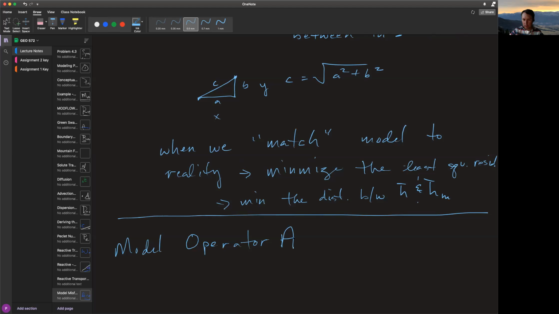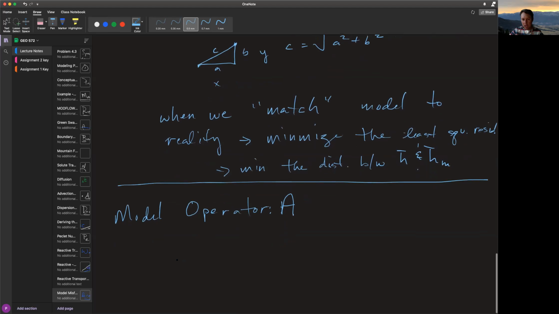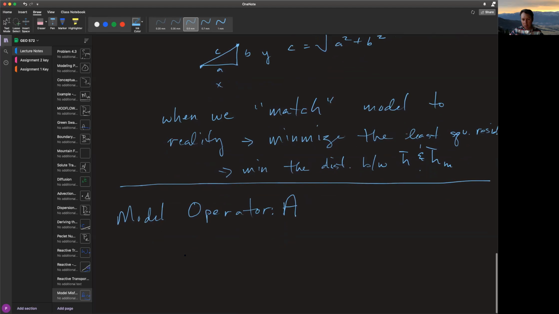So I'm going to call this model operator, and it's a generic operator, and it is A. And by A, what I mean is that this operator takes our parameters, K1, K2, K3, S1, S2, S3. It takes these parameters and all the other information that we have, and it